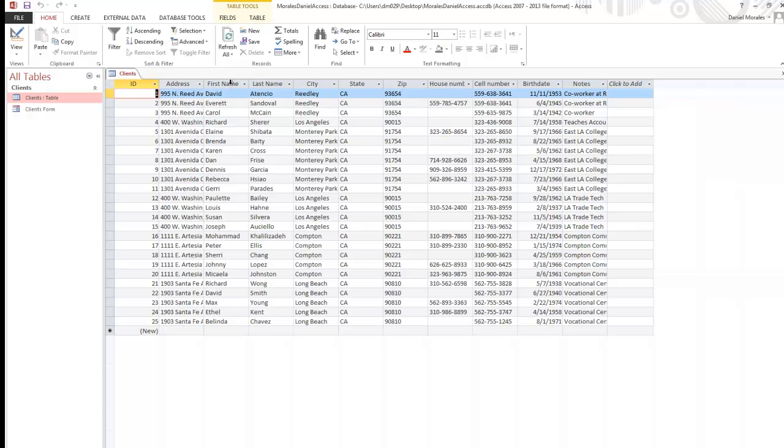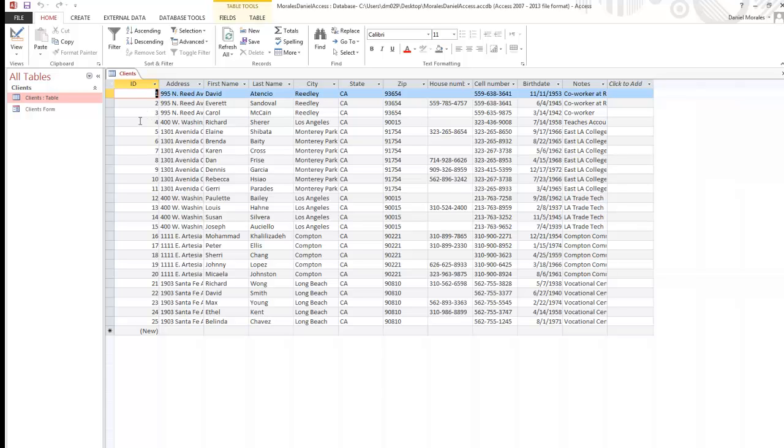So we have first name, last name, address, city, state, zip. Notice house number. There's a lot of blanks. That's what we want. Cell number. They're all filled out. Birth date definitely all filled out. Under notes, if some of them are blank, that's okay. We want to make sure we have consistent data. We're using the same format for all the house numbers, for all the phone numbers. We're using the same format for all the states, and so on and so forth. So once you have your table open and you verify that your data is consistent and that you have 20 plus clients,